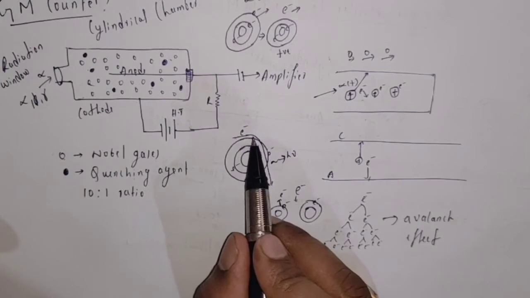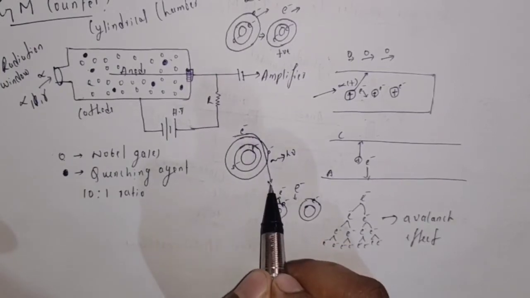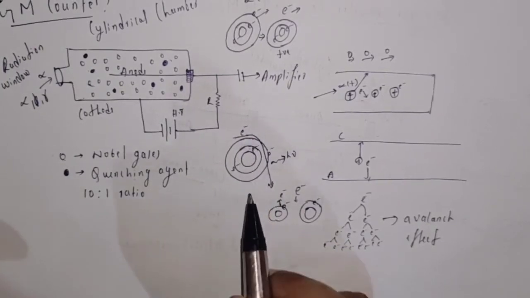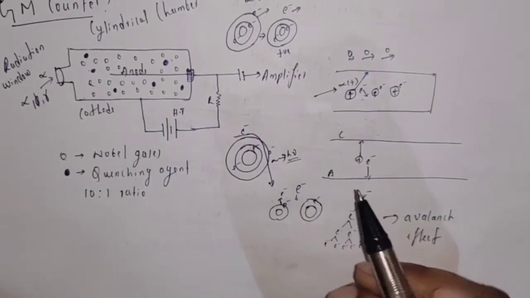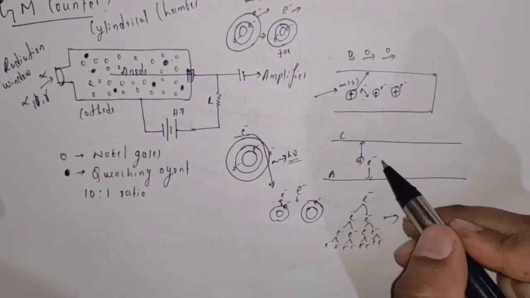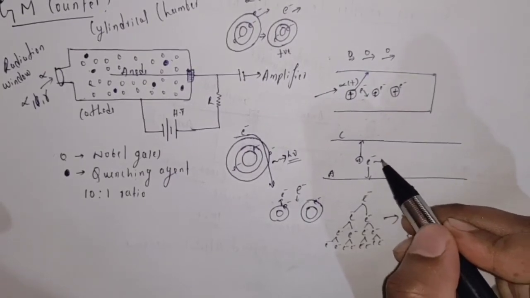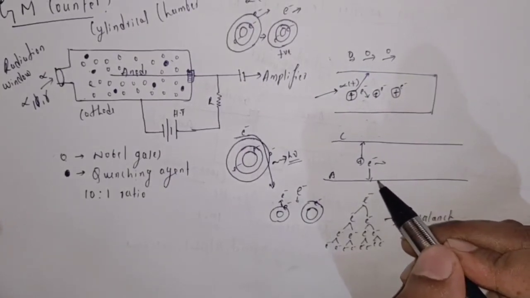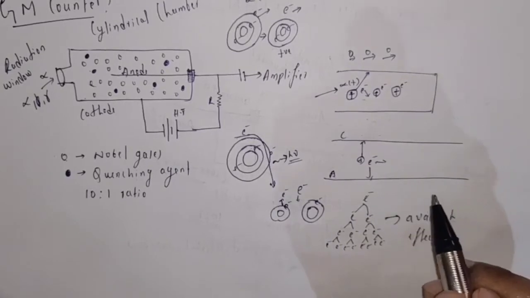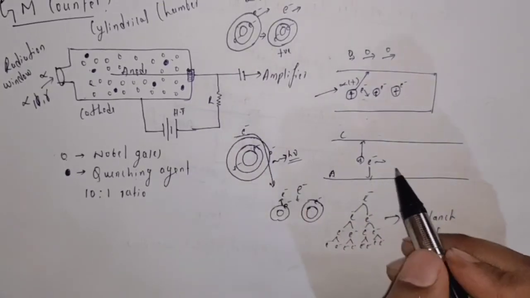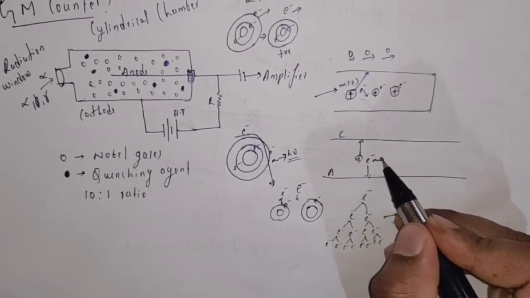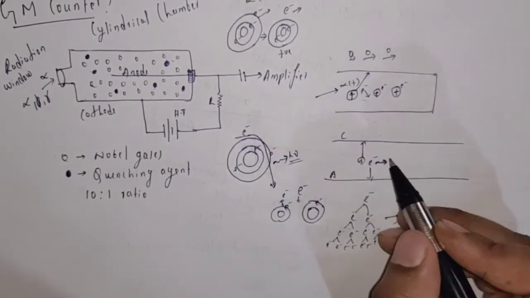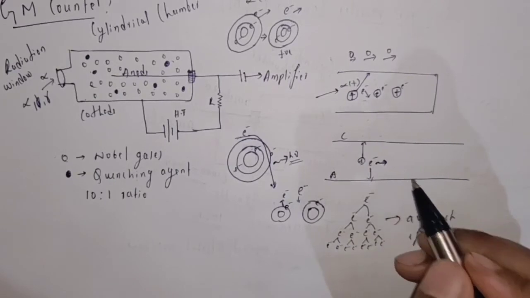Here the electron reduces its acceleration, and this reduced acceleration is emitted in the form of a photon. So while moving towards the anode, because of this Bremsstrahlung effect, a photon is emitted, and this photon is going to interact